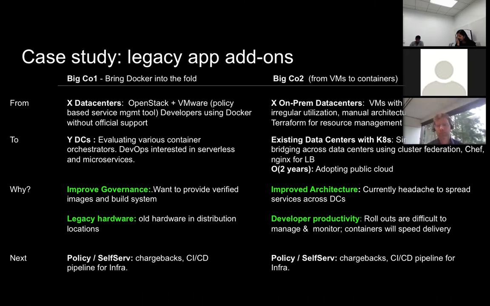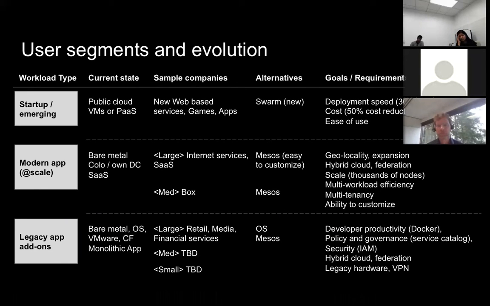So if we go to the next slide, here I've just tried to summarize the three segments, and again, just a summary of what the requirements and goals of each segment are. So the startup or emerging segment, again, they are starting in the cloud. They may be coming from a pure VM environment or from a pure PaaS environment, and they're new to containers. I think that the main requirements are, they are looking for lower cost and ease of use, and of course